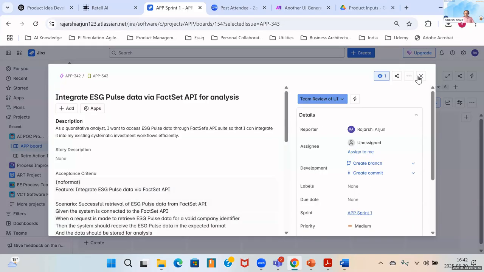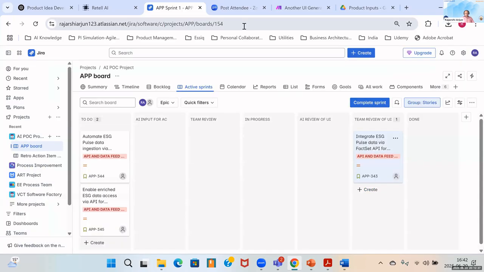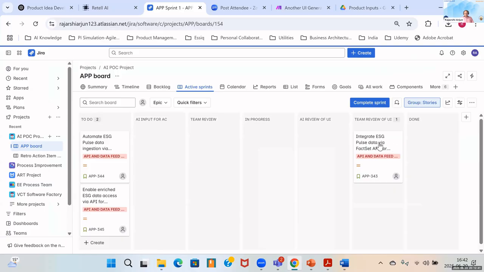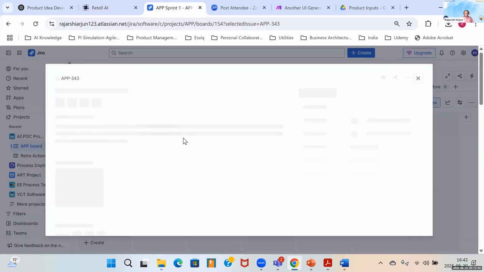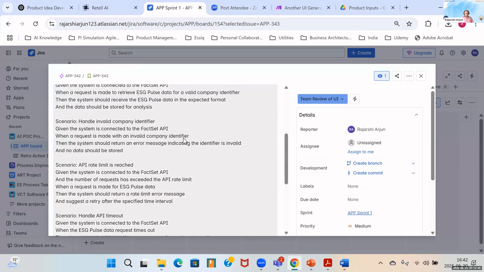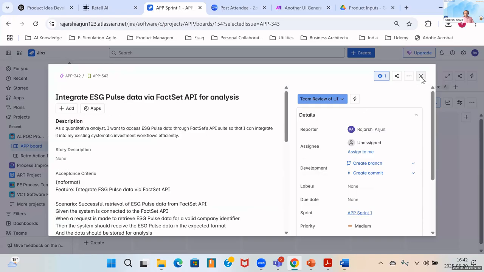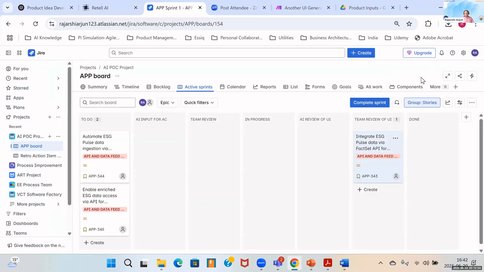Not yet, but at any point of time, the image should be generated. Okay, I'll come back to this after I show you the next demo. Okay, by that time, probably the image should be generated.